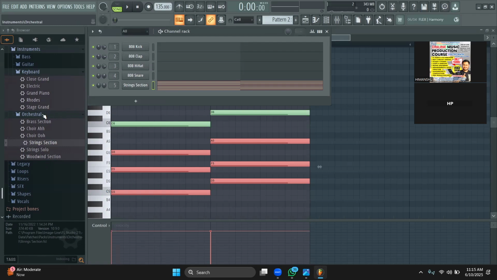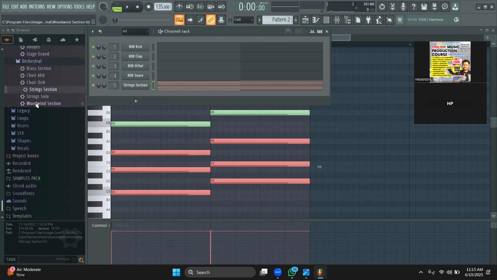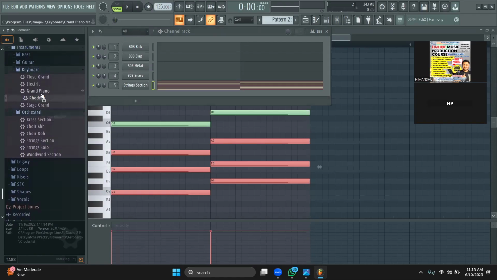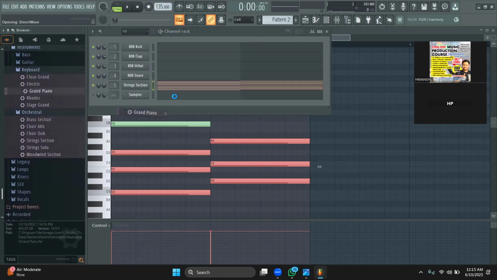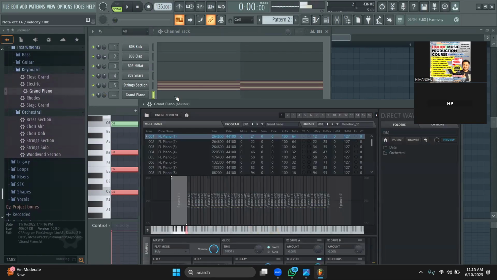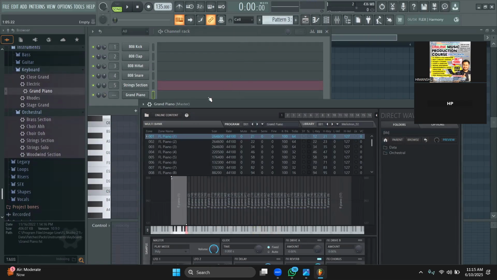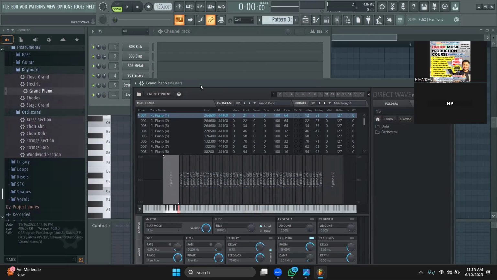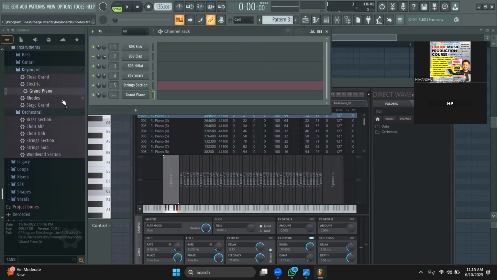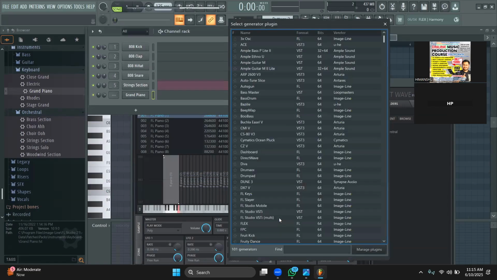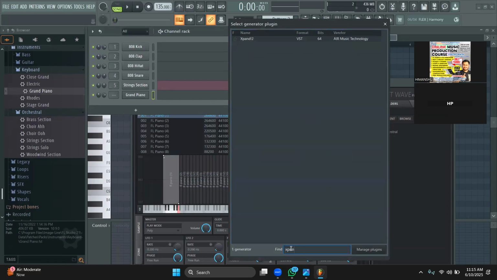Can you name an instrument? Melody. You can add piano. You can take grand piano. Not a little nice, cool voice. We have a lot of pianos, but in the stock sounds, as I said, we will not find that perfect fit. But if we use third-party plugins like the Expand,